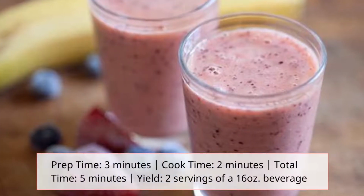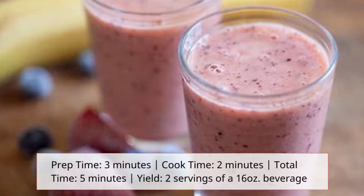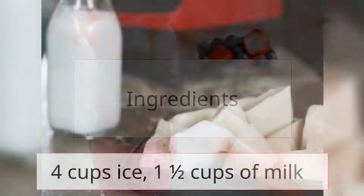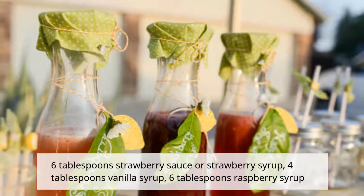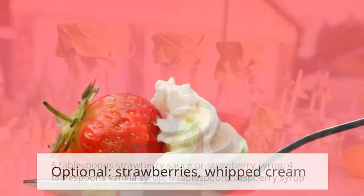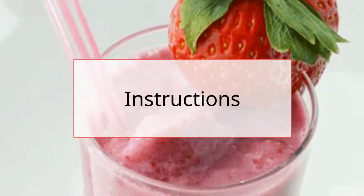Prep time, 3 minutes, cook time, 2 minutes, total time, 5 minutes, yield, 2 servings of a 16-ounce. Ingredients: 4 cups ice, 1½ cup, 6 tablespoons strawberry sauce or strawberry syrup, 4 tablespoons vanilla syrup, 6 optional strawberries, whipped cream. Instructions: